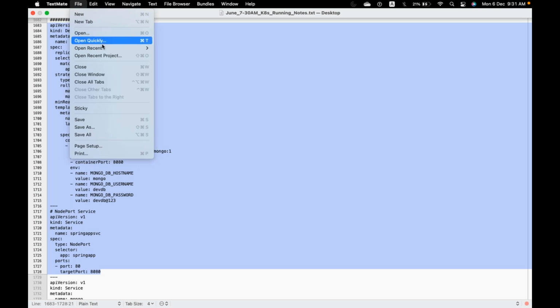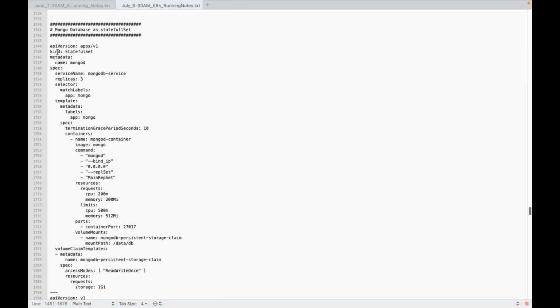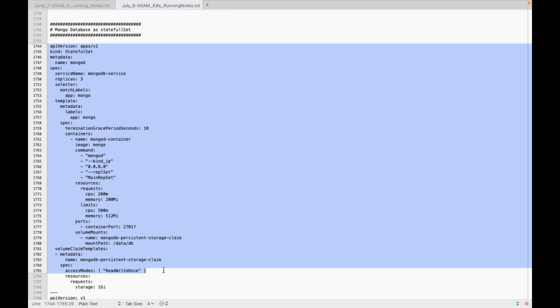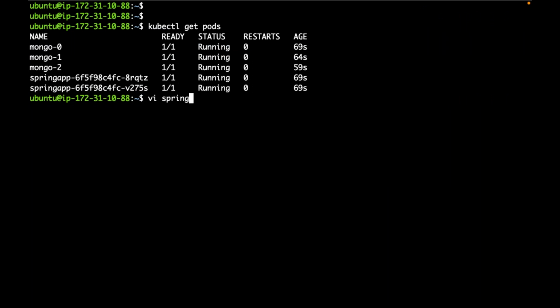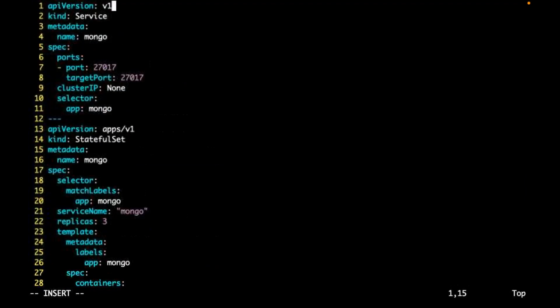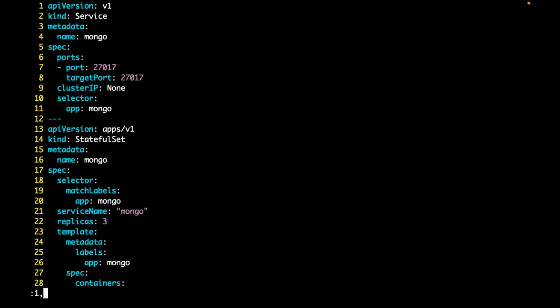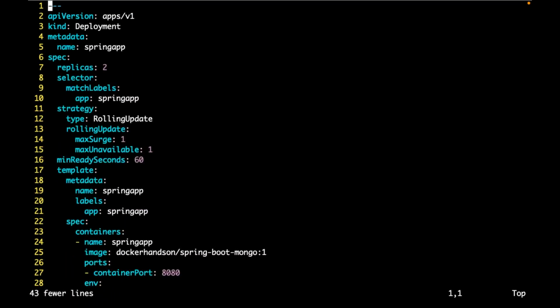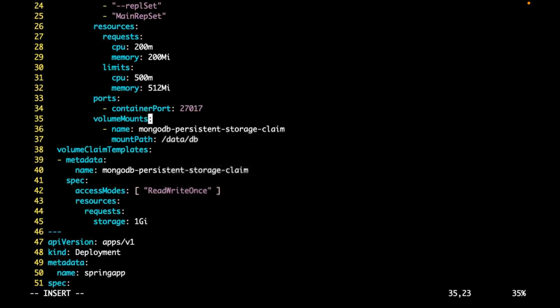This is not the right file. One second, guys. This is not the right file. Let me take this. One second, I need to update this one. This is not the right file. Line number 1 to 43. So same thing, but actually